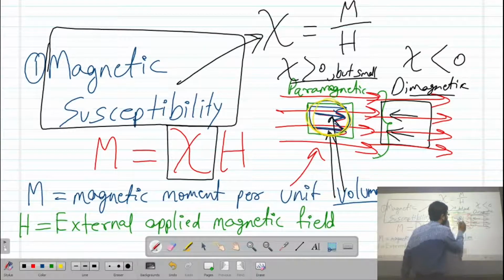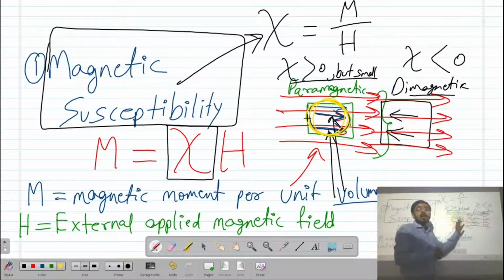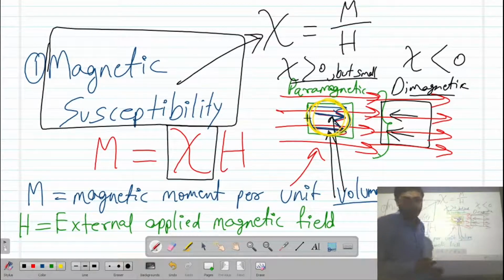Inside the material, right? We will have a magnetic field inside the material. If a magnetic field is there inside the material, then it will have its flux density. Right? So we will also have the relation between the flux density and the external applied magnetic field, right?